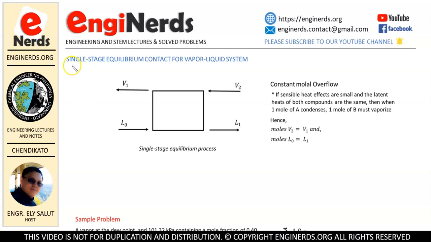Alright, so let us talk about single-stage equilibrium contact for vapor-liquid systems. So, tignan natin itong diagram natin dito, no? In here, we have a single-stage equilibrium process wherein itong ating V2 is a vapor and our L0 is a liquid. So, in this case, these two streams are brought into contact in a single equilibrium stage as presented in